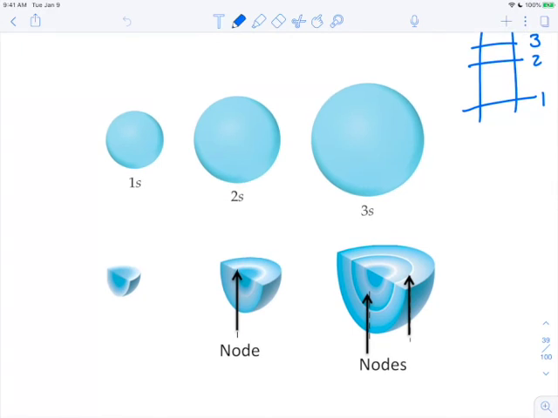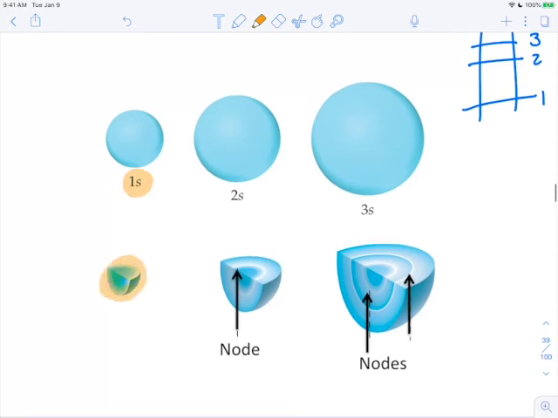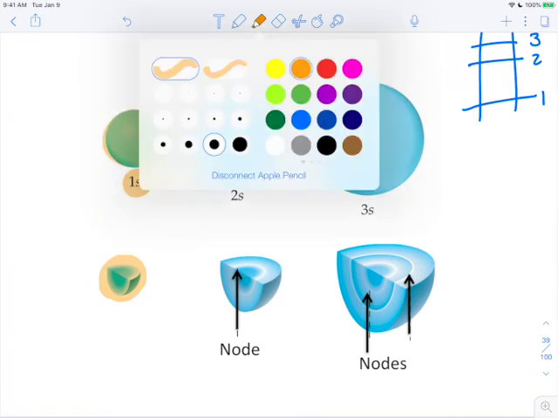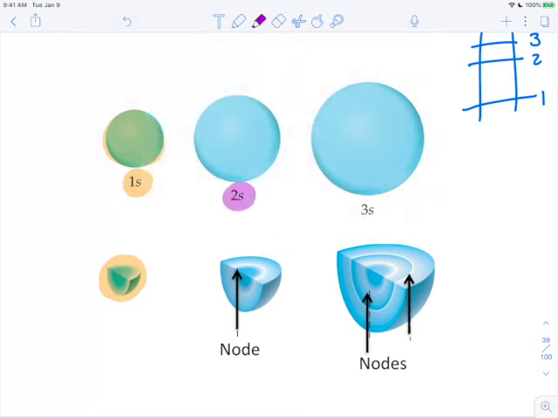So here when we're looking at these images, when you see the 1s, it is the tiniest one, but what happens with the 1s, very similar to those dolls, is that it is solid. So if you were an electron in the 1s, you get to travel anywhere within here. However, if you were an electron in the 2s, you can only travel in your sphere that is outside of the 1s. So the center is the 1s,